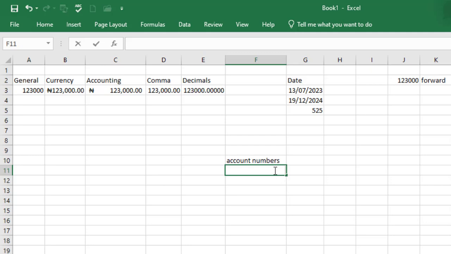So this is me, apostrophe, just one apostrophe, and then you type 000012345. Hit your enter key. You can see that the 00s are retained, and then the numbers have been aligned to your left, showing that